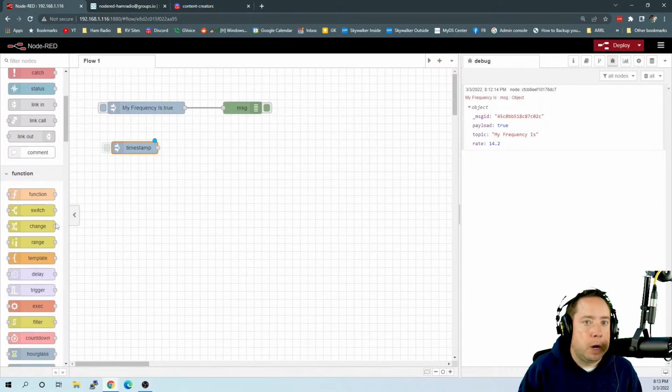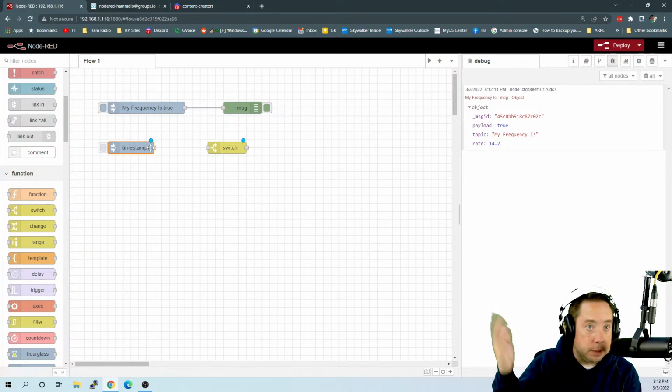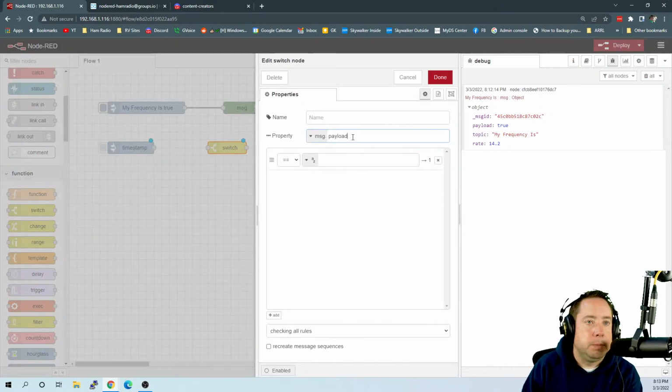Let's move on to the switch node. Okay, so the switch node, in my mind, is just a big if then else statement. Maybe it's just a big if statement. So this switch, the default is message payload. Okay, we learned about that. But then here, you can give it a bunch of rules that it will traverse through. And if it sees it's true or it matches one of those rules, it will send it out the node in the correct slot. So you can have many slots here and send it out per